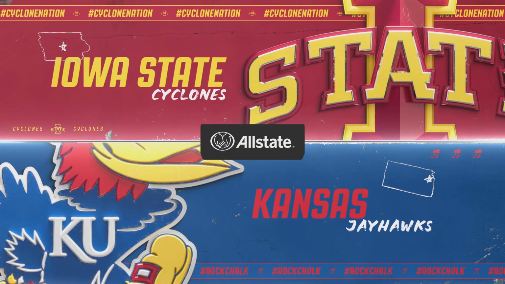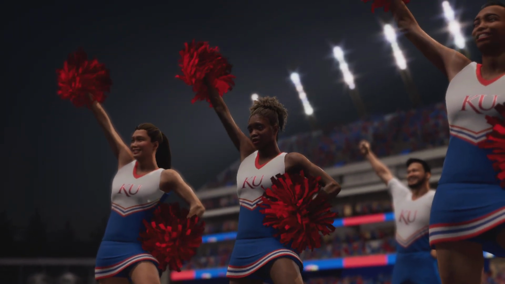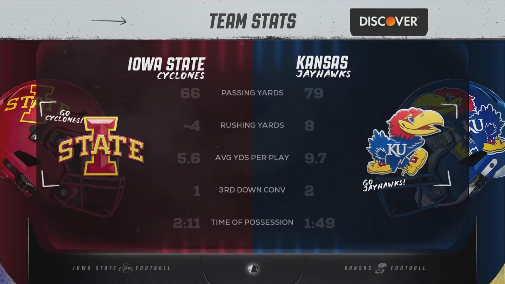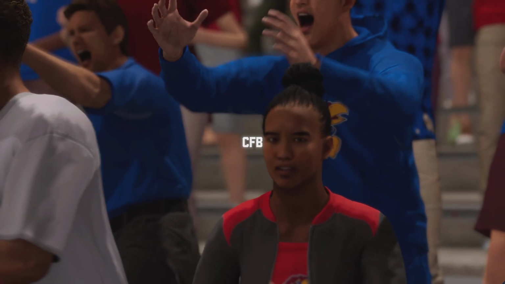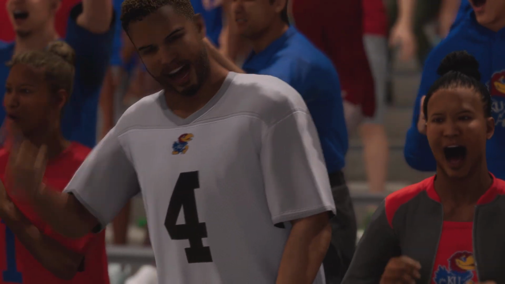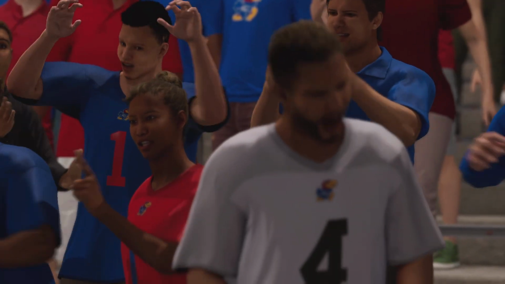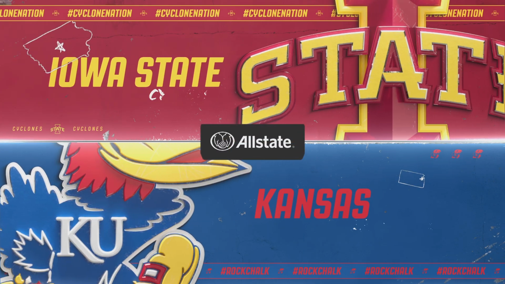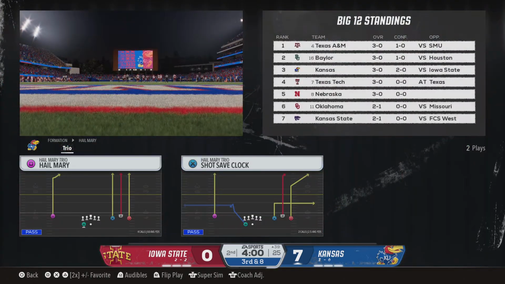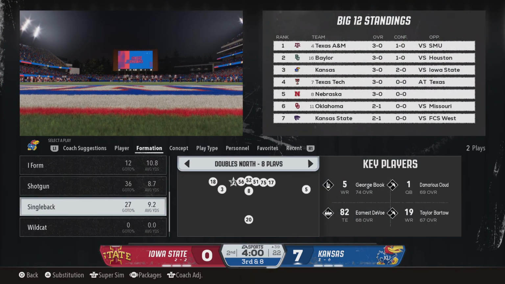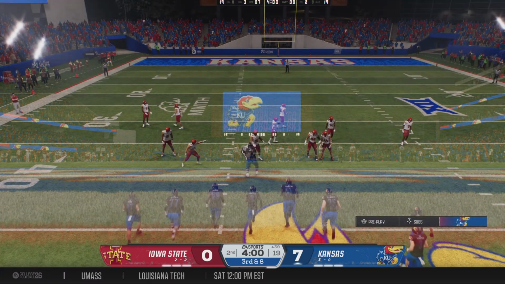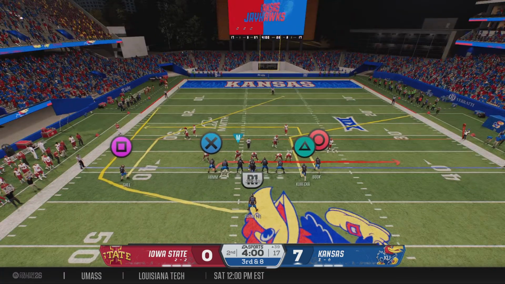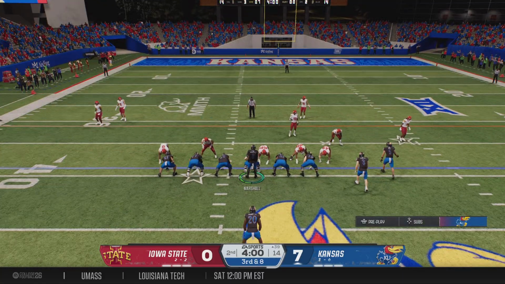That's the end of the quarter. Kansas has the lead here. We've played one. Before we move on, let's have a look at the stats. They are lined up and ready to go and get things started here in the 2nd. This offense had a little extra time to think about it. Let's see what they have on 3rd down.